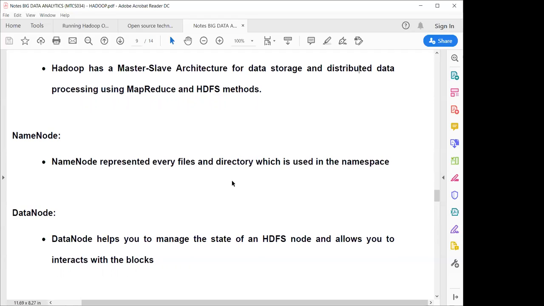HDFS manages all this information, and it also allows us to interact with the blocks. Block means when you have a large amount of data, we divide it into different blocks. These blocks are allocated to different slaves, and these slaves manage those blocks as data nodes. So the HDFS name node will keep the track record of all these data nodes.